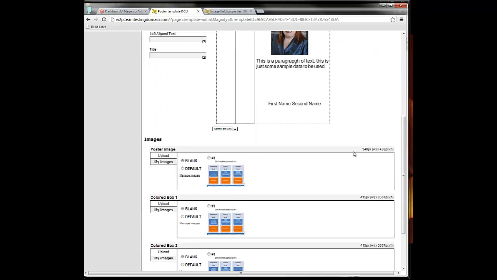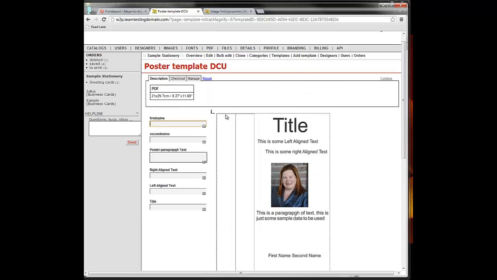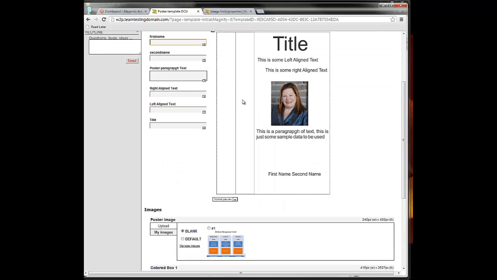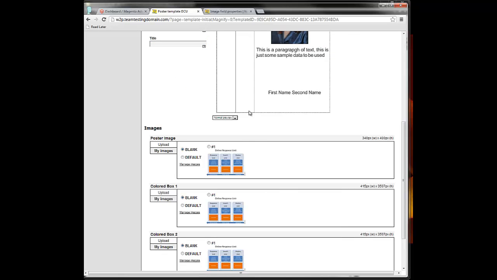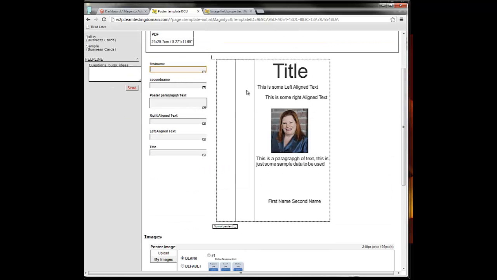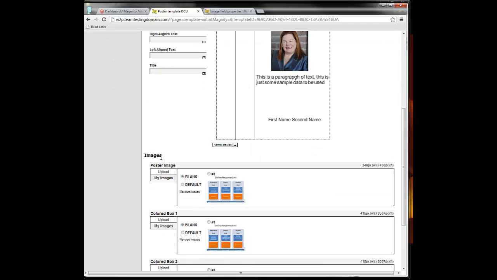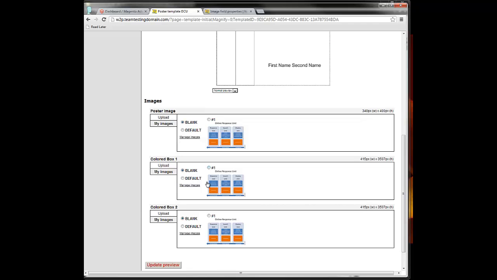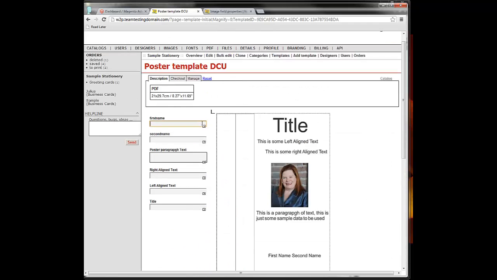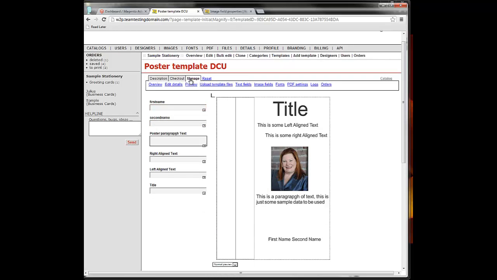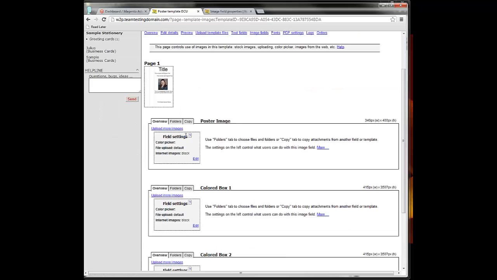Okay, but the only thing is our boxes. We want the color picker associated with these boxes. Currently we can't do this. As you see, we only have images to use in these boxes. So what we're going to do is go to manage. We're going to select manage. We're going to select image fields, and then inside image fields